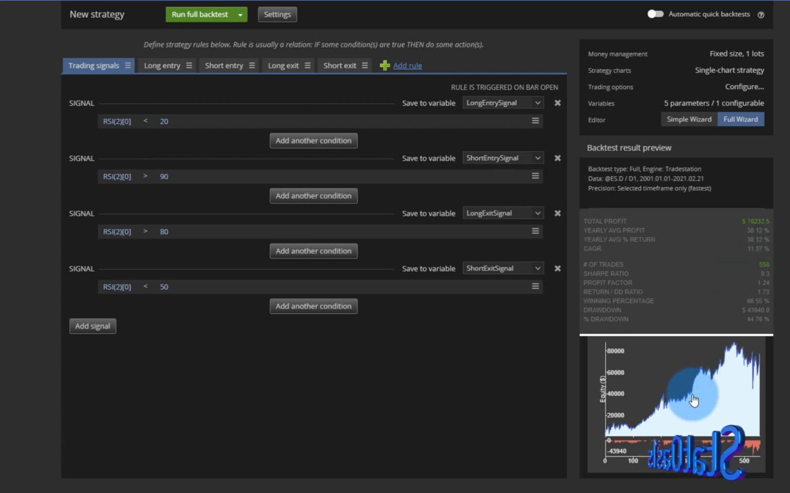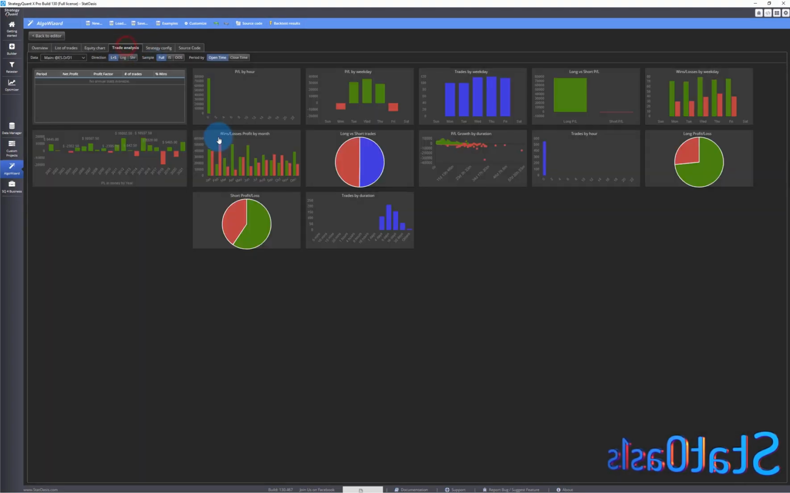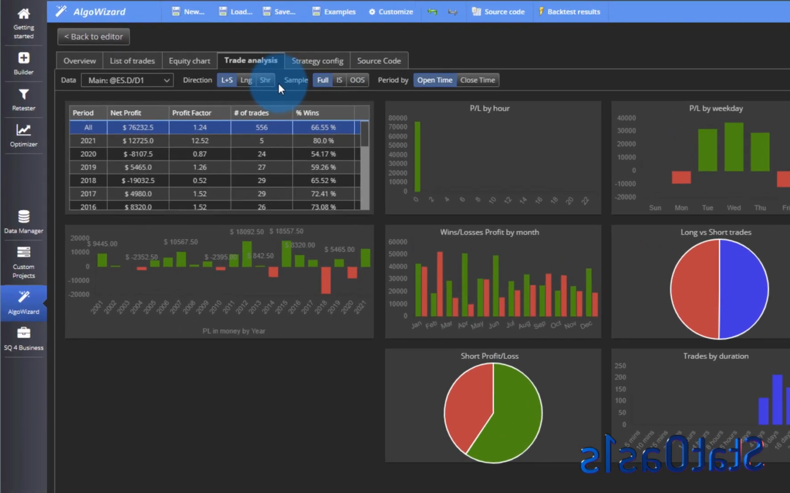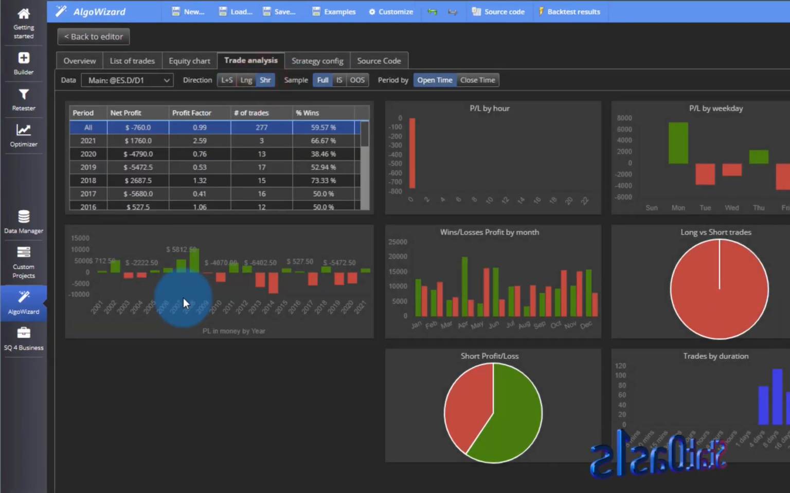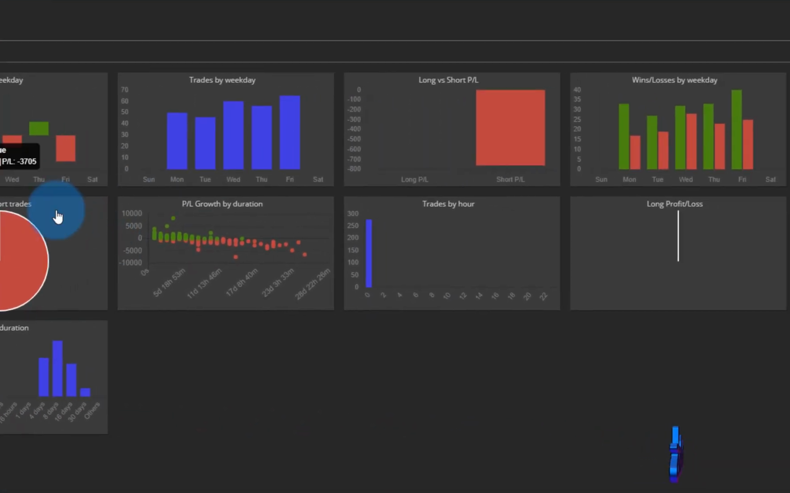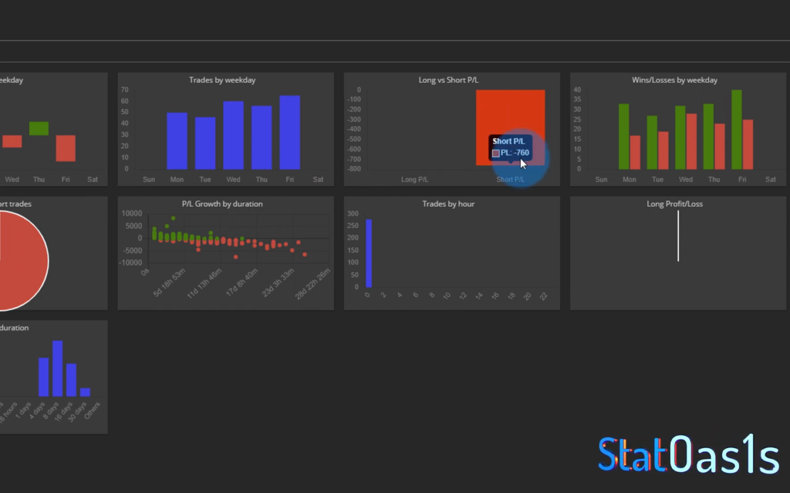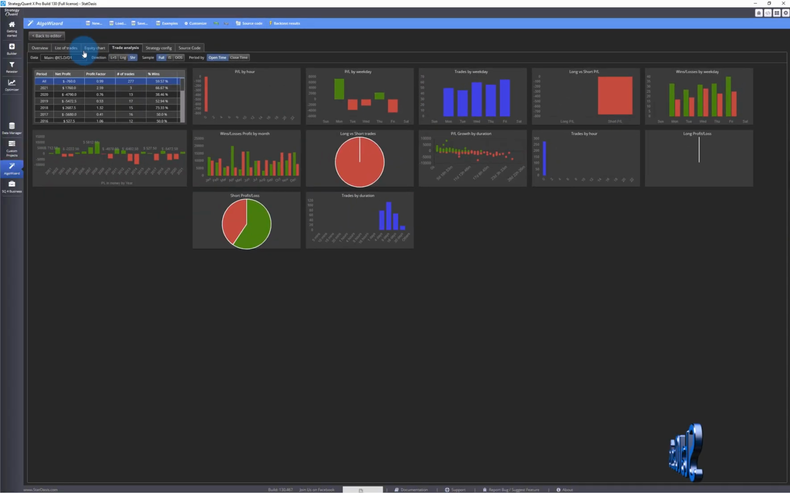And it did degrade a little bit. And to see the trade analysis, you can go and look at the short side. You can see the short side profit and loss, it's actually losing money. At the end of all the trades, including commission and slippage, you're losing about 760. But the main part is,